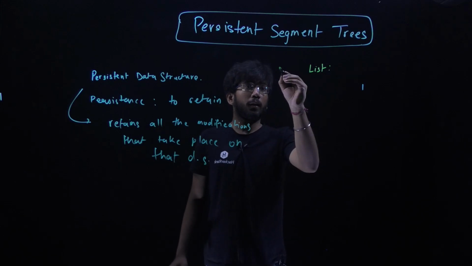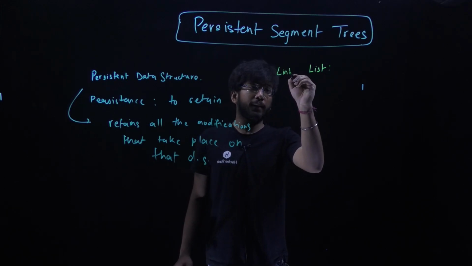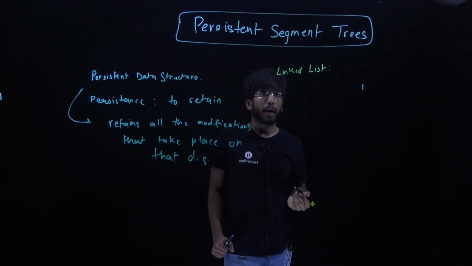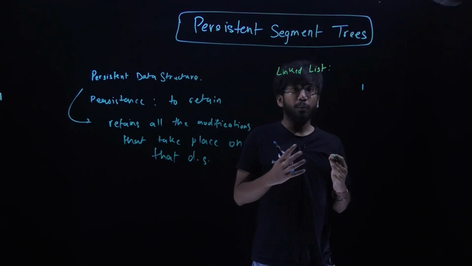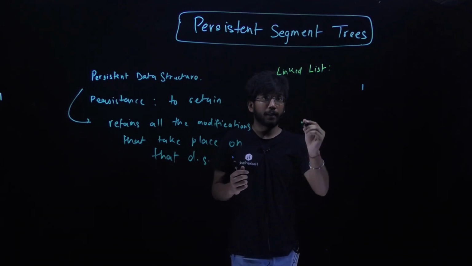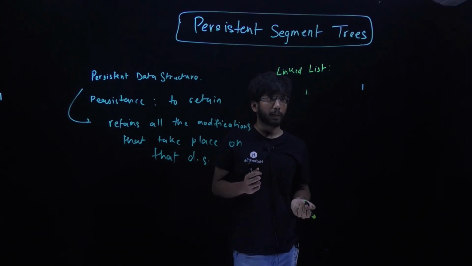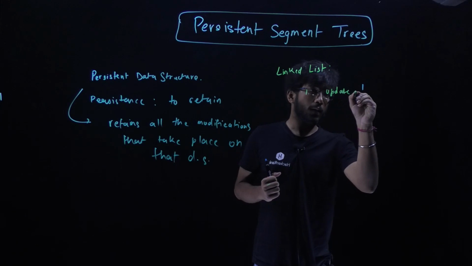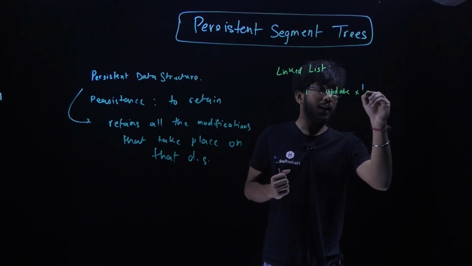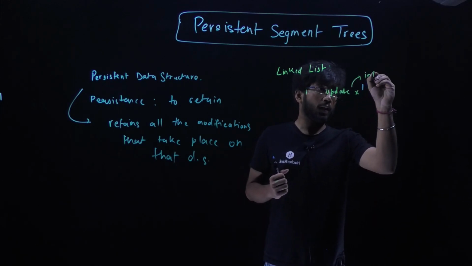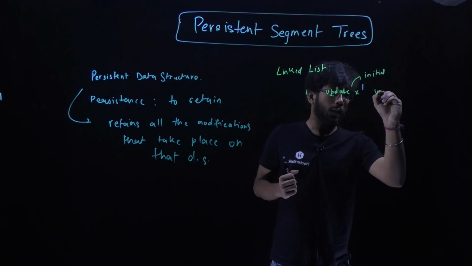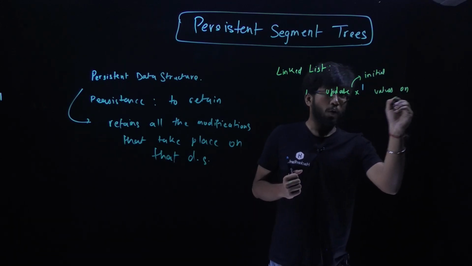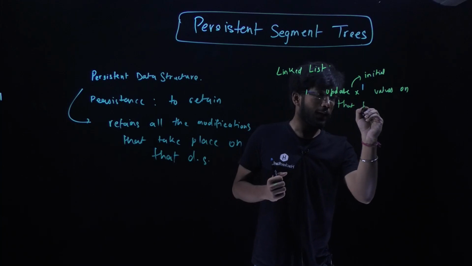We are given a linked list and there are two types of operations that need to be done on that linked list. The first operation is that we can update some initial X values on that linked list,